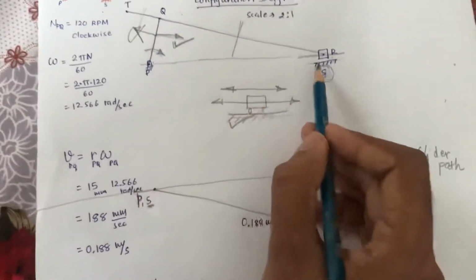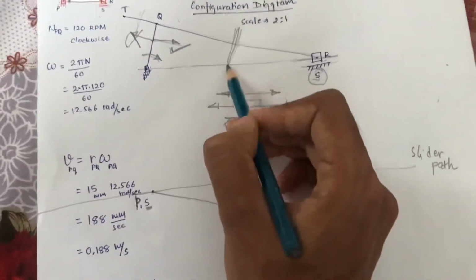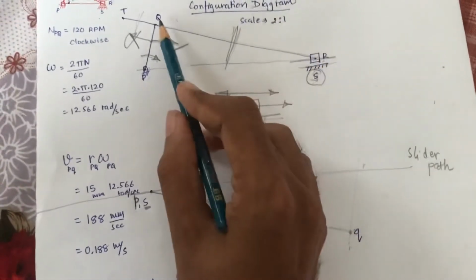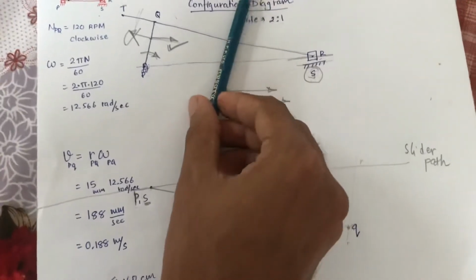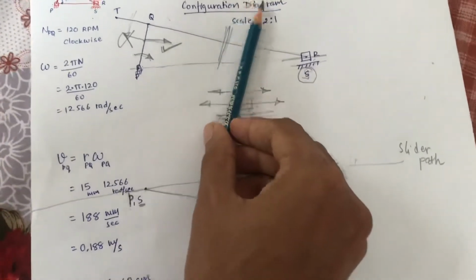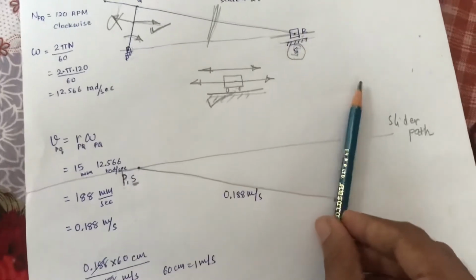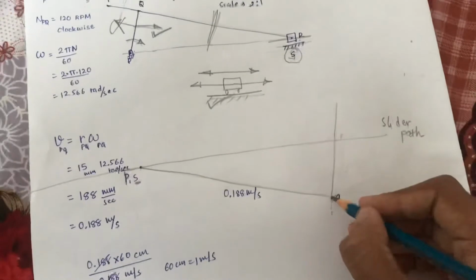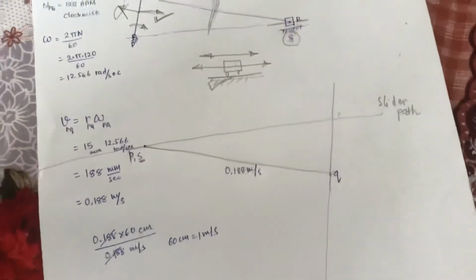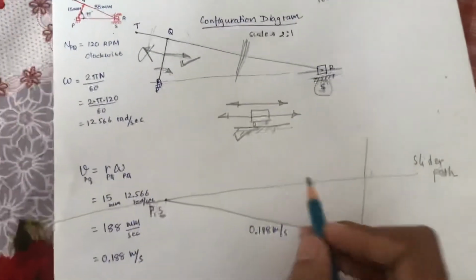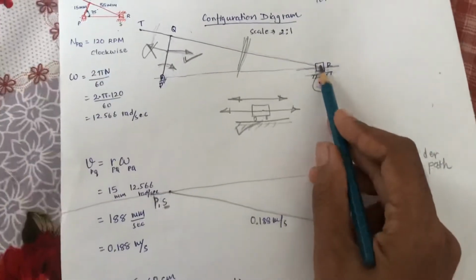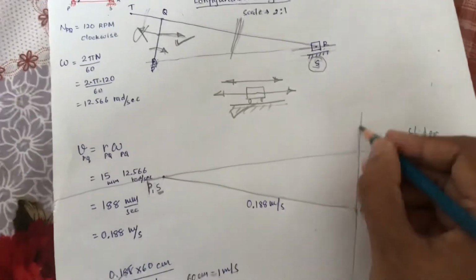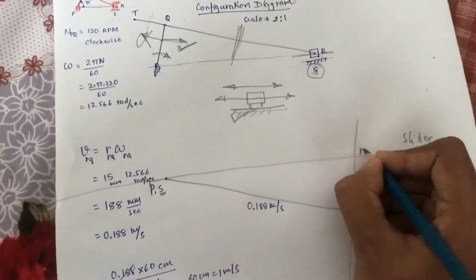Now the velocity of QR is perpendicular to QR passing from either Q or R. We don't have R, so let us start from Q. So keep the scale perpendicular to QR and draw a line passing from Q. So this is a perpendicular line passing from Q. It may be upside or downside, both are right. So wherever it intersects the slider path, because R slides on S, this one is the path of the slider, and here it is the QR link velocity, so here it is the R point.